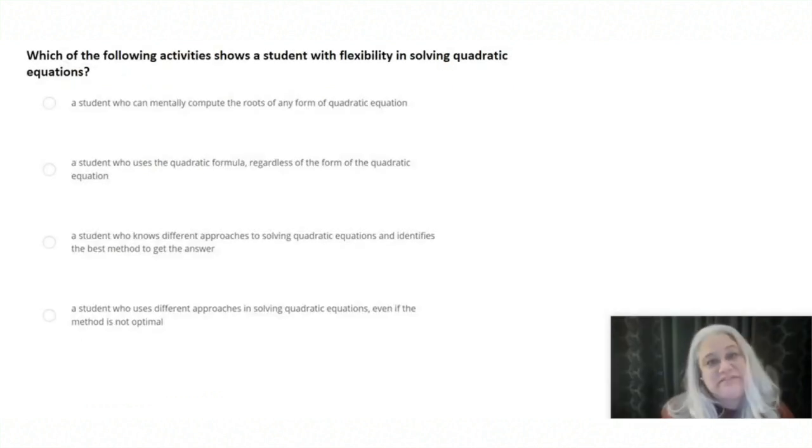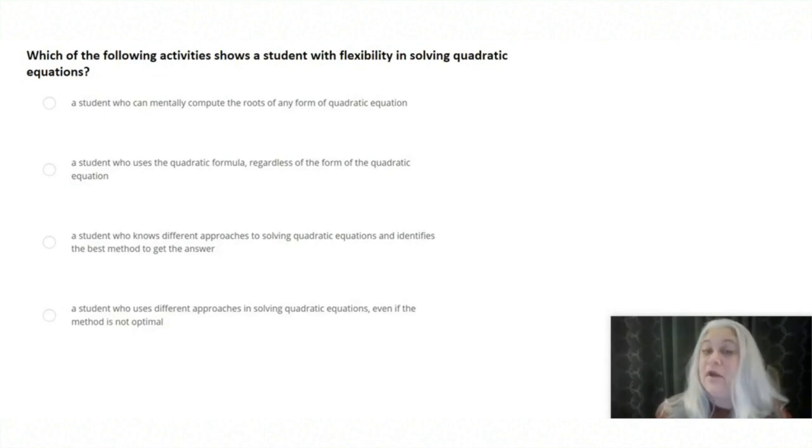Which of the following activities shows a student with flexibility in solving quadratic equations? Our answer choices are: a student who can mentally compute the roots of any form of quadratic equations. The second choice is a student who uses the quadratic formula regardless of the form of the quadratic equation. Choice 3 is a student who knows different approaches to solving quadratic equations and identifies the best method to get the answer. And our last choice is a student who uses different approaches in solving quadratic equations, even if the